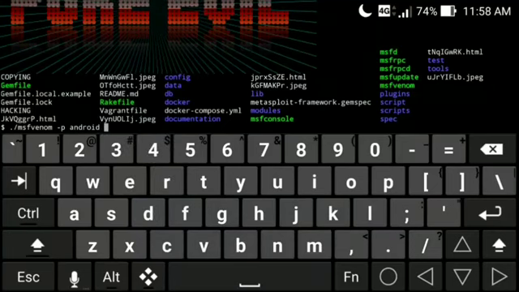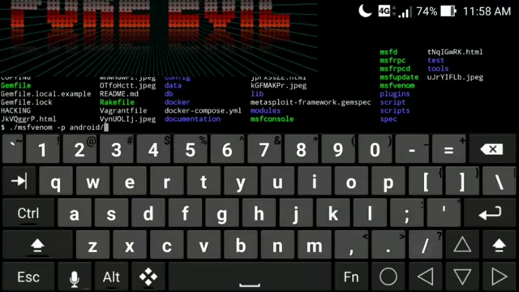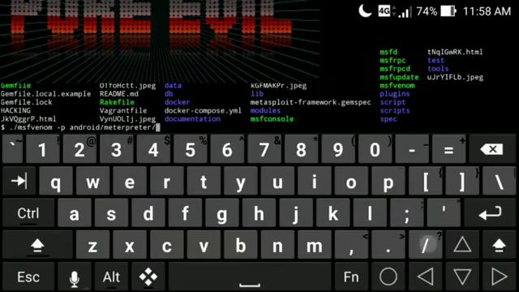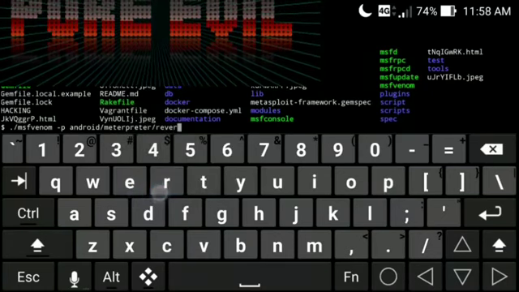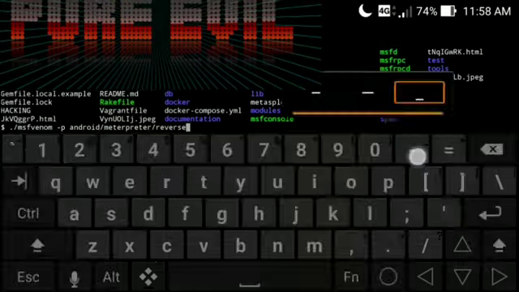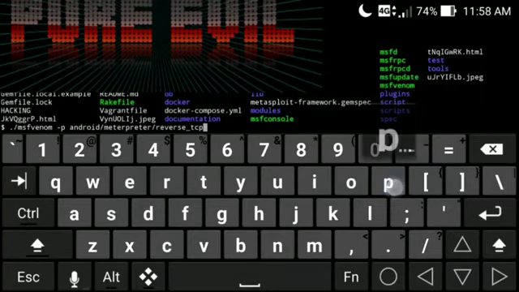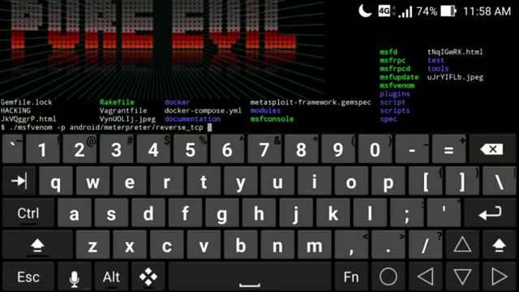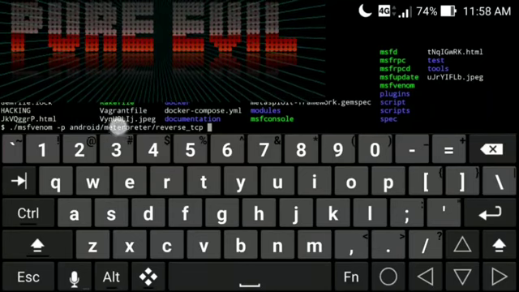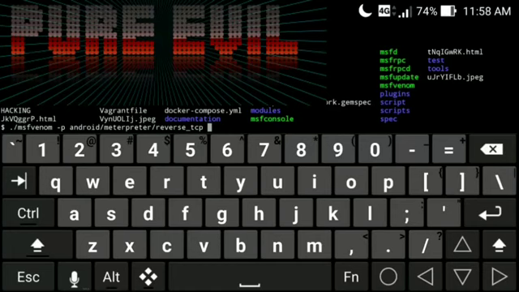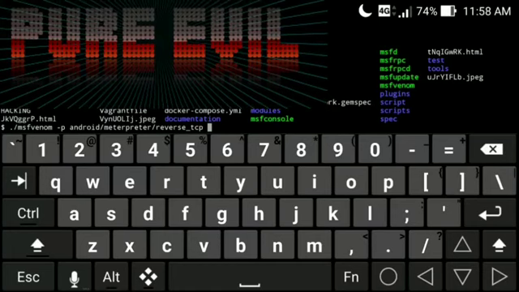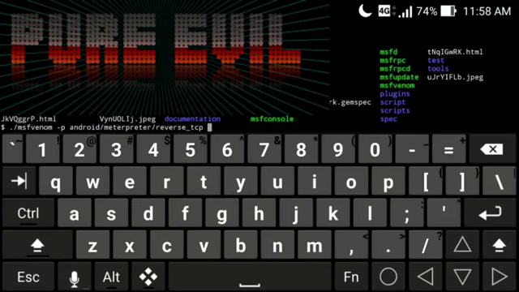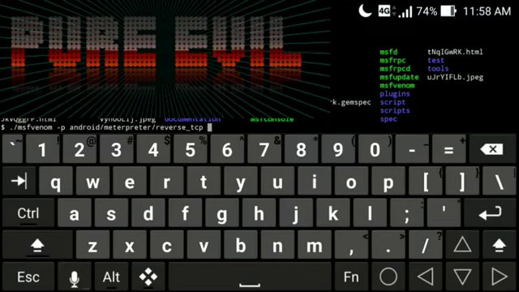Android reverse TCP. So here -p indicates that I wanted to create a payload, and which type of payload is this? It will be the Android payload. You can also create a payload for Windows operating system, but I am going to attack on the Android operating system. So I will simply type here -p and Android, and after that reverse TCP, and after that